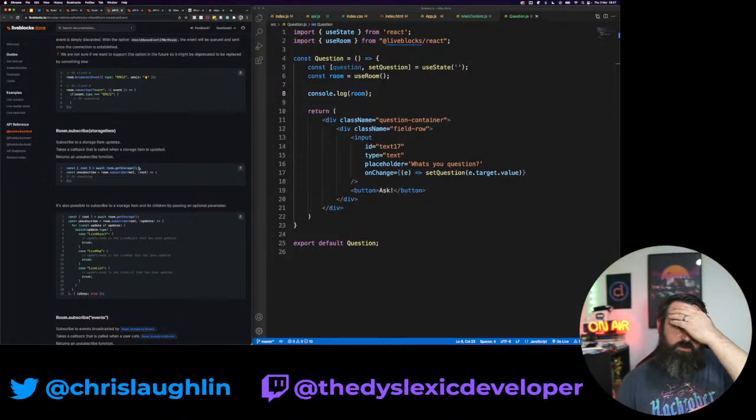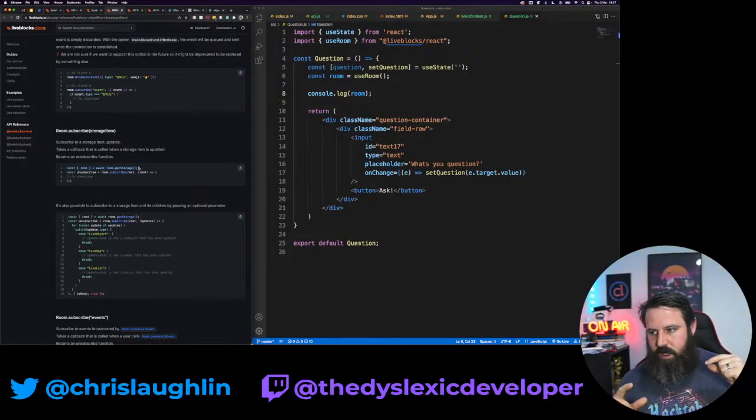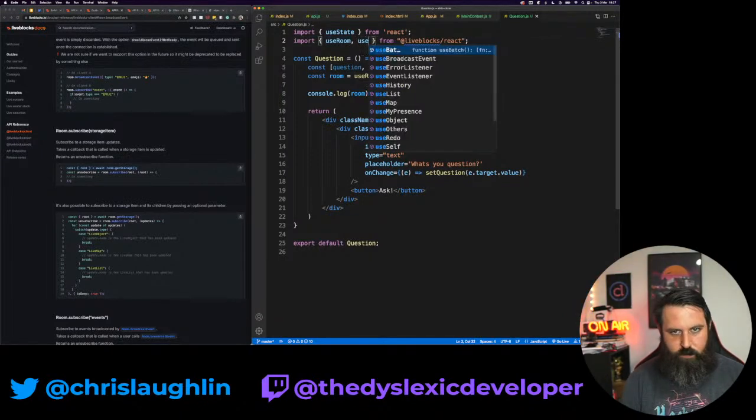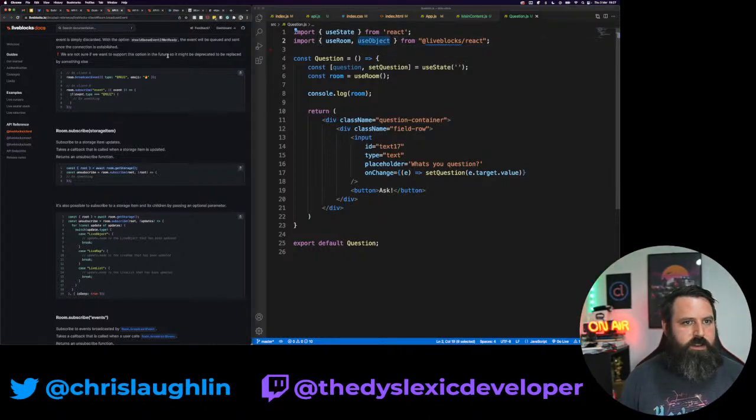So if I grab the room storage, there's a useObject hook. Okay. Is this in the docs? Let me duplicate this, because I've done this before.